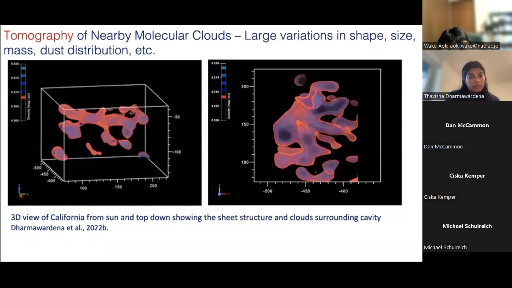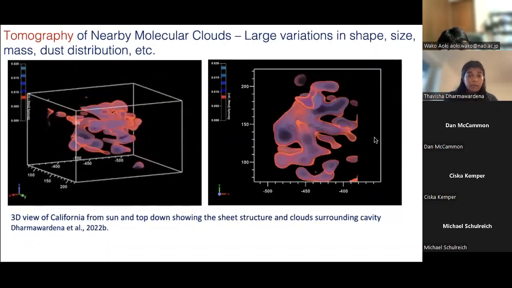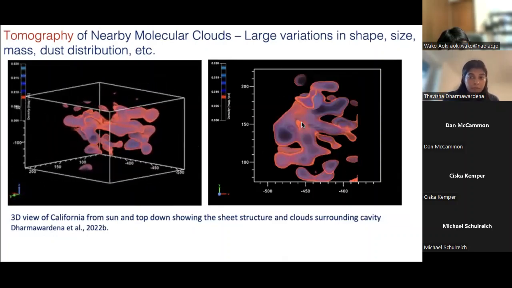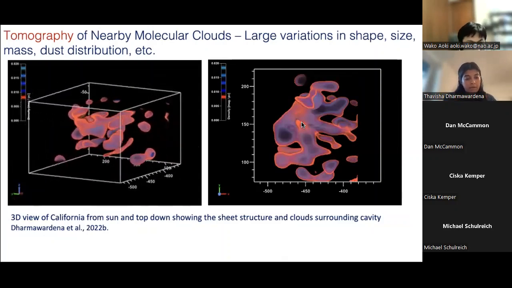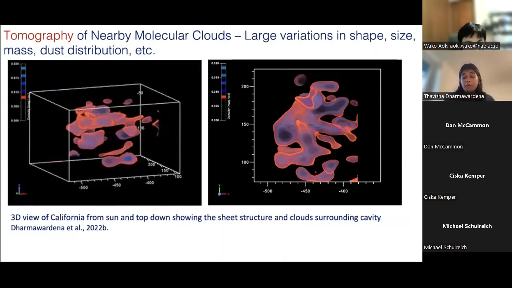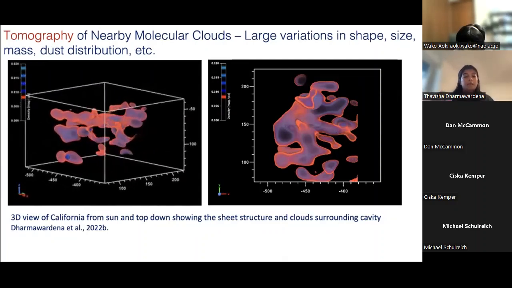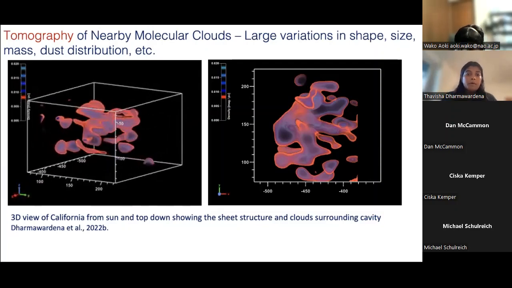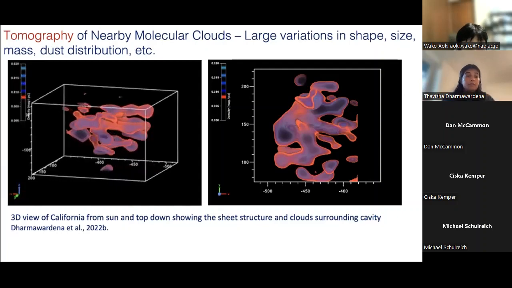And then if you look at the next slide, we have California, which is much more of a sheet-like structure. But there's been a long-standing debate about the fact that Orion A looks very similar to California on sky. They both have what looks like a bubble structure and a bit of a tail end coming out of it. But then the curious thing is, when you look at it in 2D and measure their star formation rates,